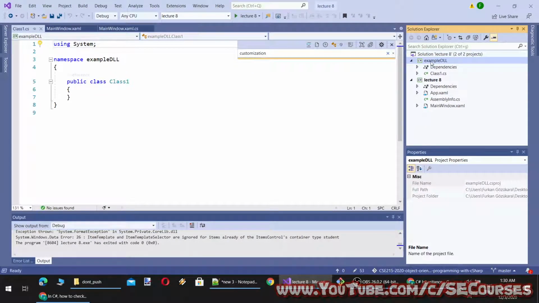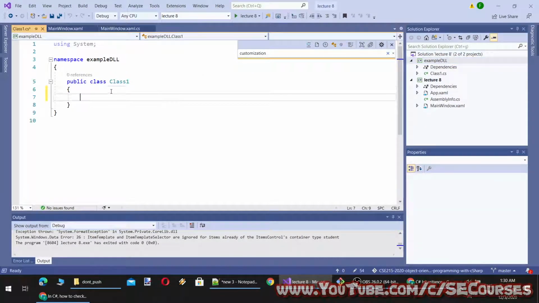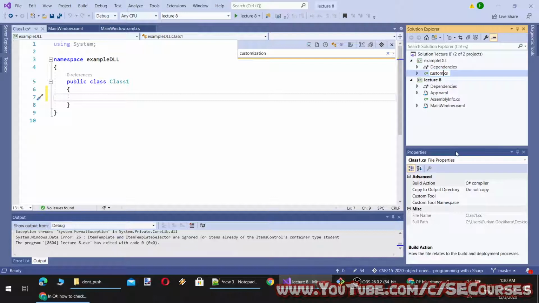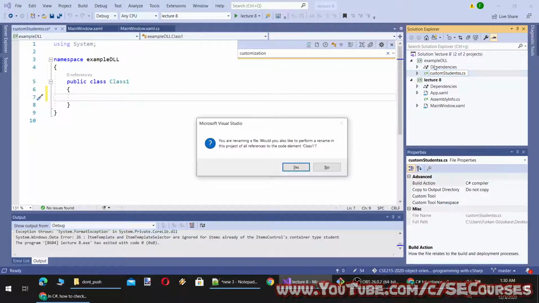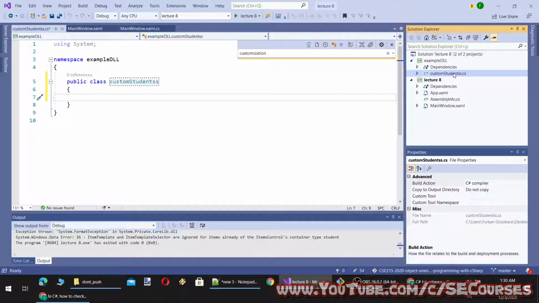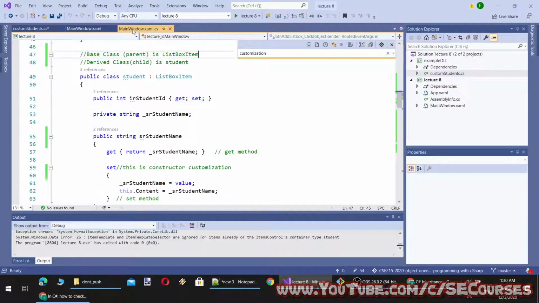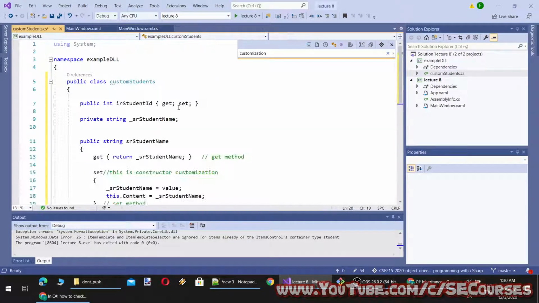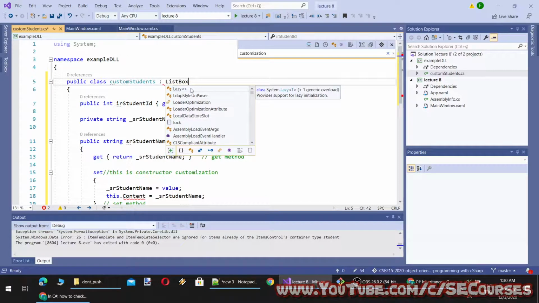Okay. So now example DLL is inside our lecture 8 solution. So I'm going to rename this to custom students. And what I am going to do is move this to here and this will inherit the list box item.